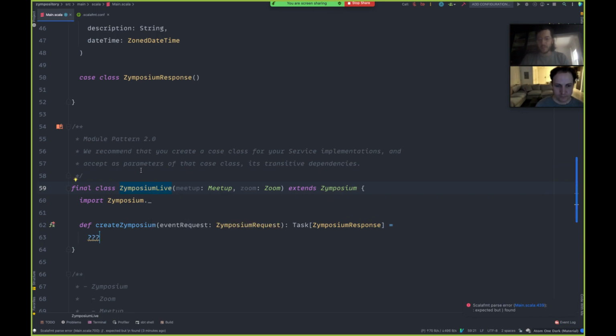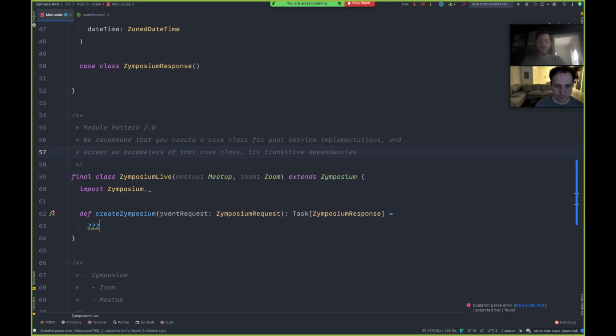All right, and now we can implement this, and we'll see why we recommend this in just a moment. Despite the fact that it's just a normal implementation, it has everything it needs there. You probably have seen this pattern in Java and other languages. You accept some class, you have parameters. Maybe you'd use Guice, but there are not going to be any Guice annotations here. So I think this is now going to be pretty straightforward. We'll have to do a little bit of mapping between these different data types.